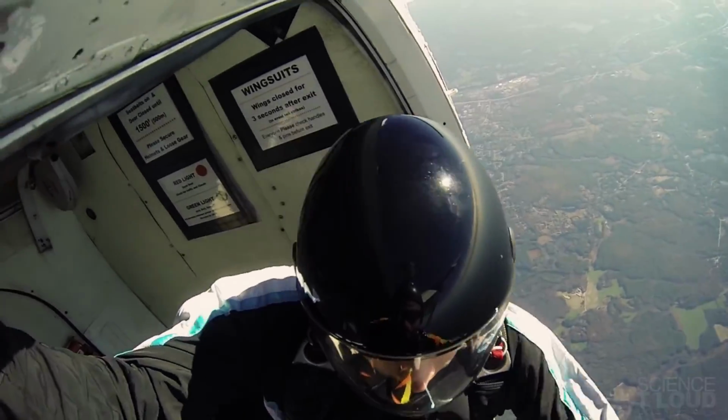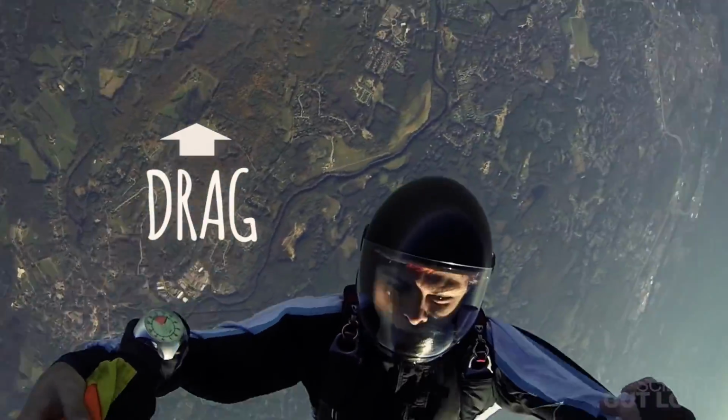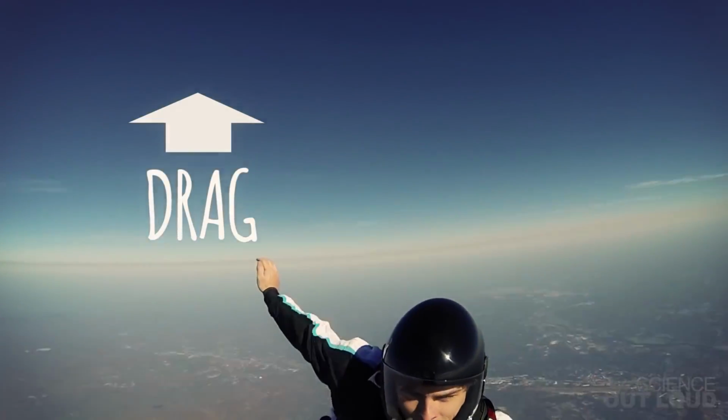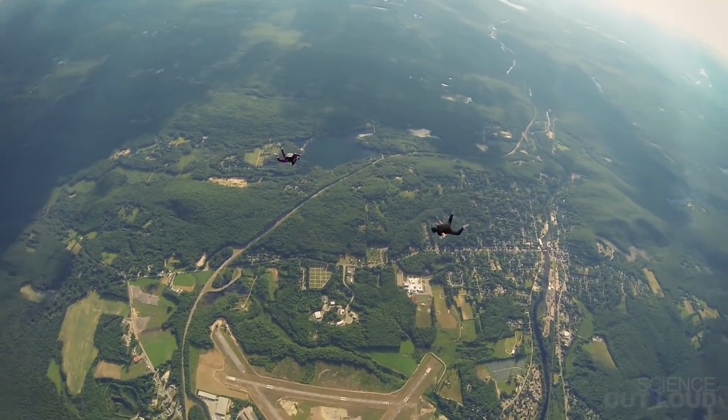When the jumpers first leave the plane, there's not much drag acting against gravity, so they accelerate towards the Earth. As skydivers fall and speed up, the drag force grows, and the skydivers feel the force of more and more air molecules. But with this comes control, and by positioning our bodies, we can stop flipping by pushing against the